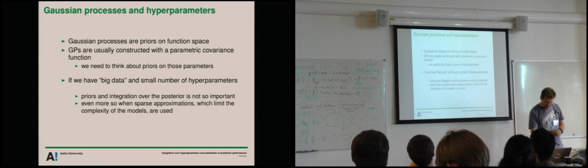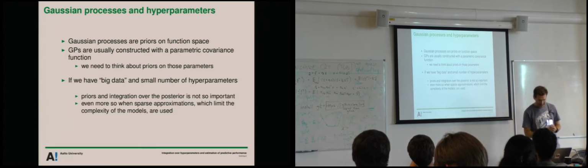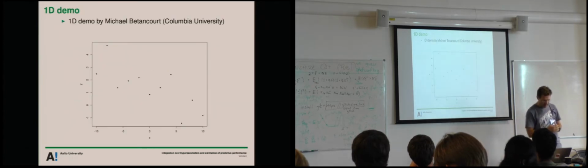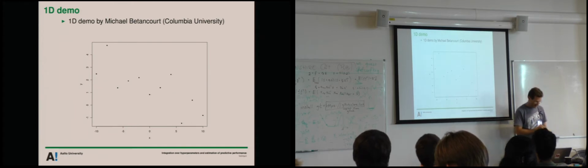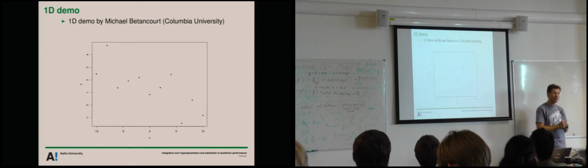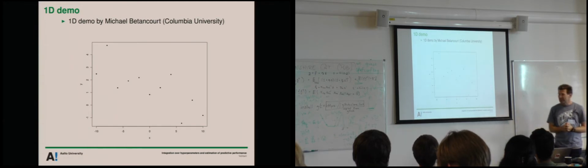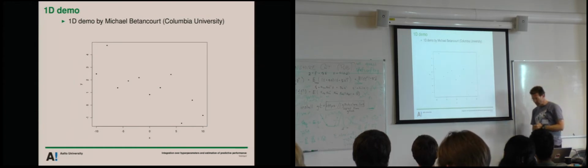But then Javier showed good examples of small data cases, like Bayesian optimization, where we might have really costly function estimates, and then we want to find the minimum or maximum of the function with the least number of possible observations. I will soon show you